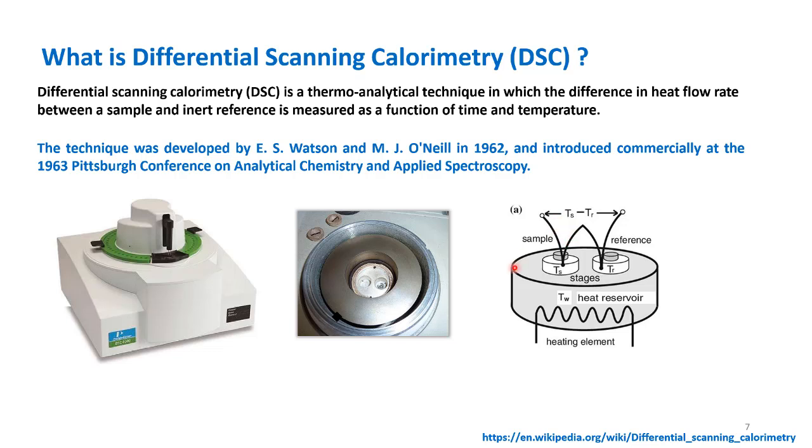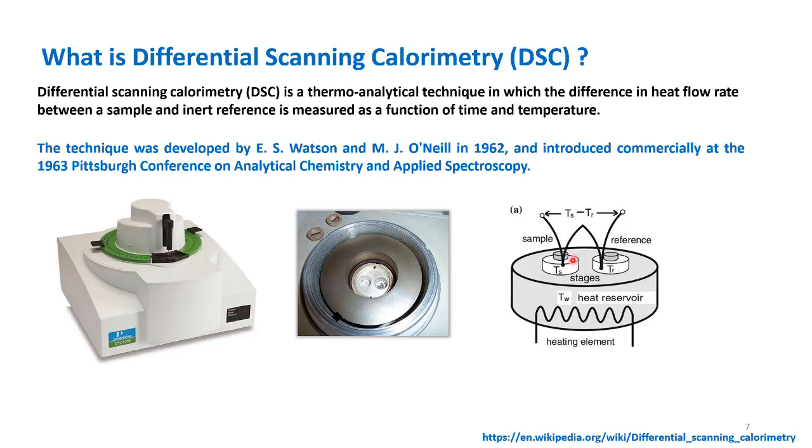So here we have basically two samples. One is the sample which we want to determine, and the second one is the reference. The first sample is our material, which can be either an elastomer or plastic or any kind of sample, and the reference, I'll talk about what reference we use in the DSC. Most of the time we want it to be an inert material so that its property will not change.